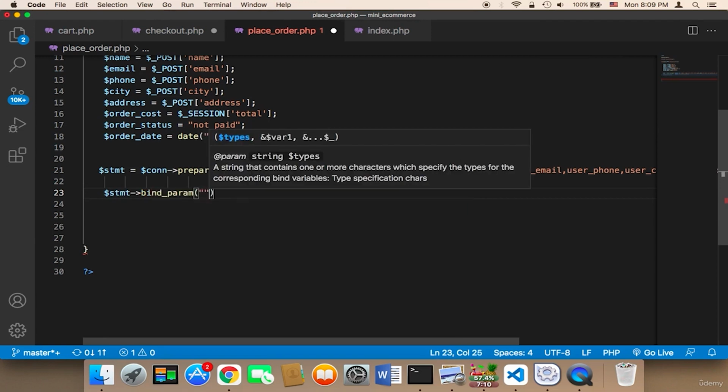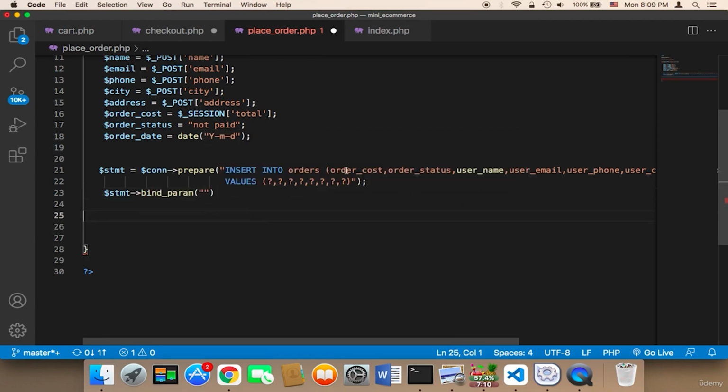And then what we want to bind is the order cost. Let's say I for order cost, and after the cost we want the order status. The order status is S. I stands for integer, S stands for string. So here I, and then S, and then the user name is S, and then the user email S,